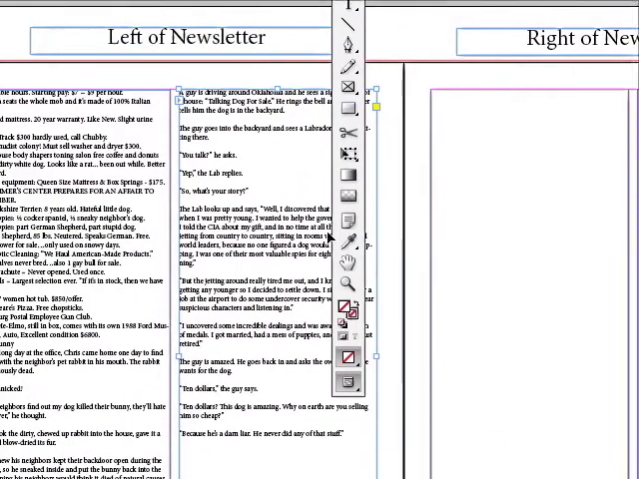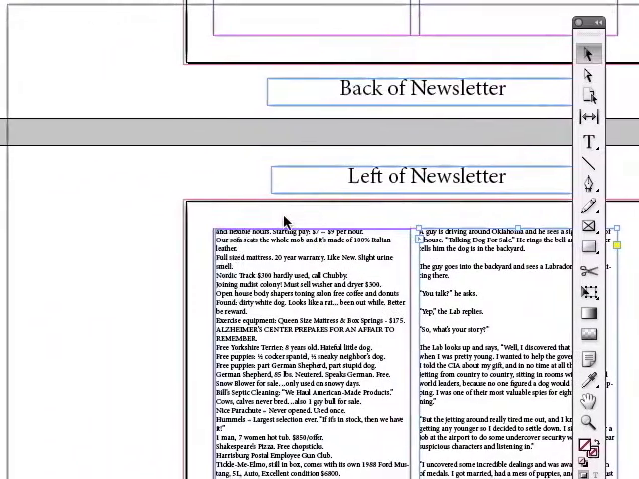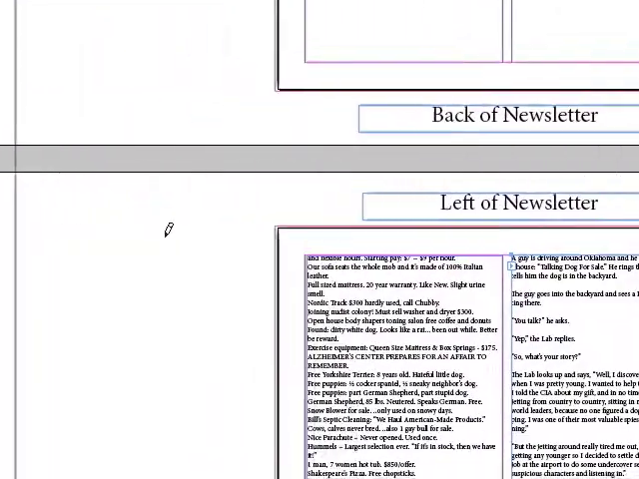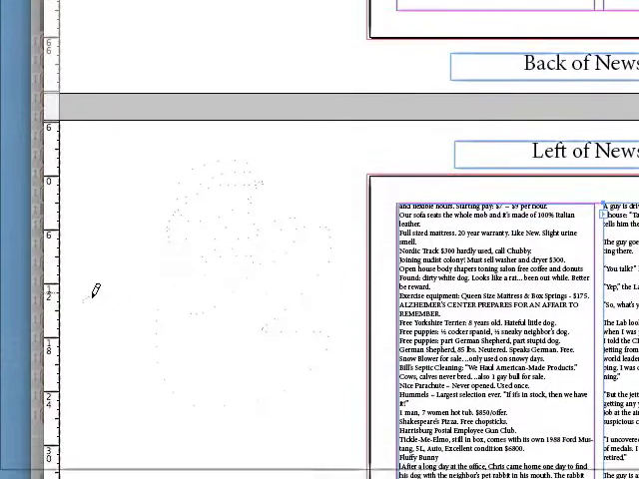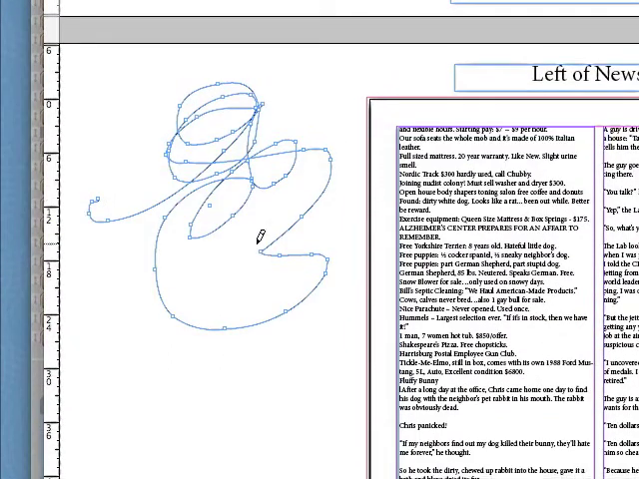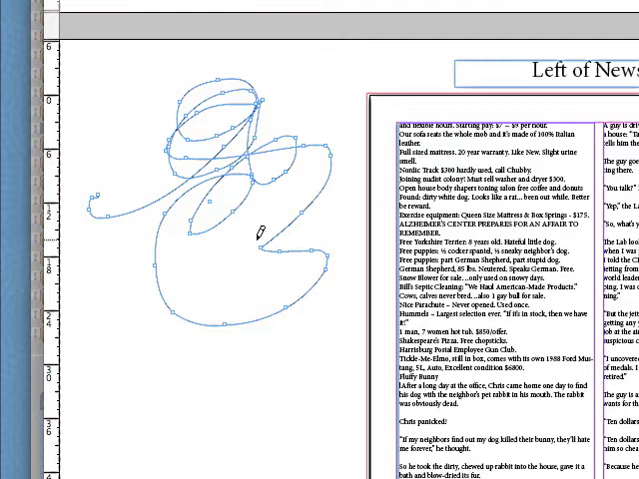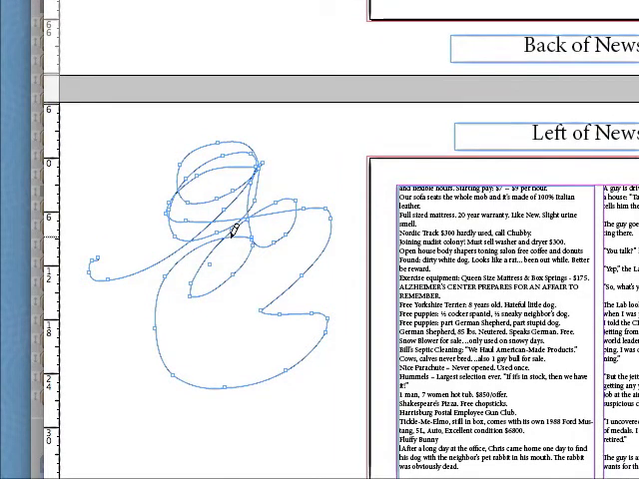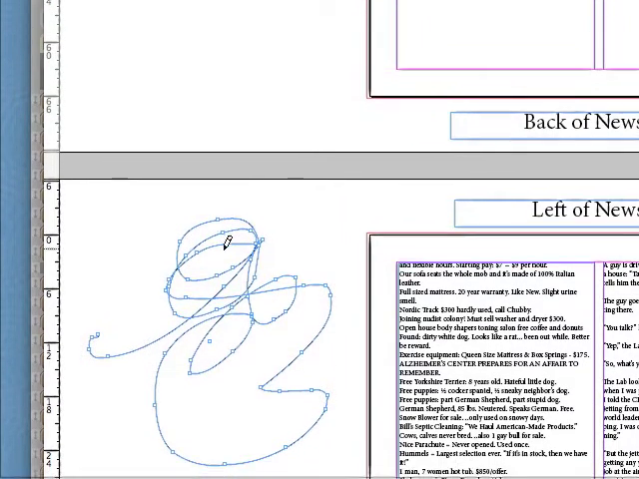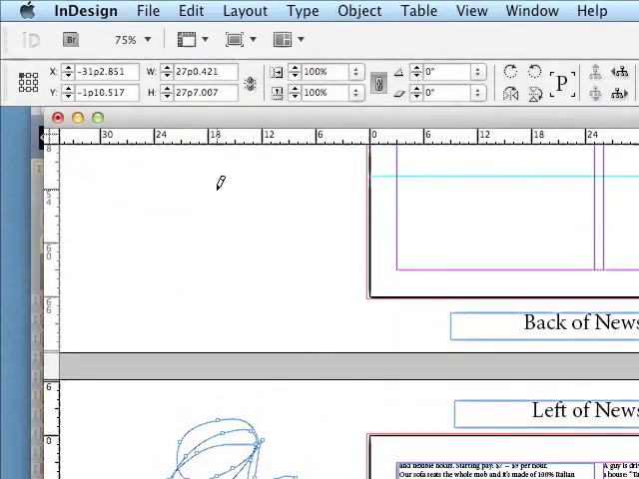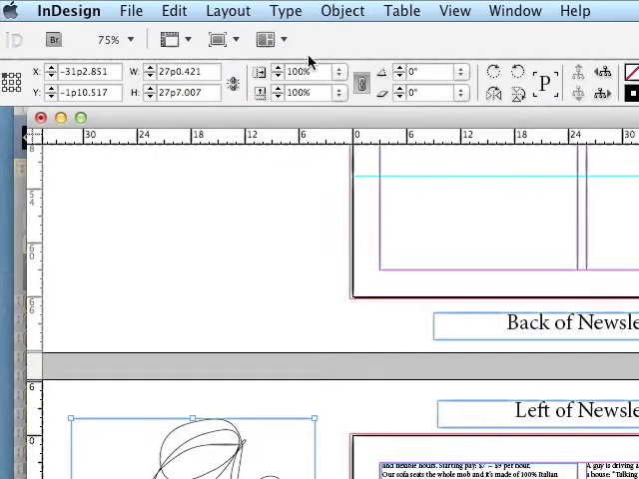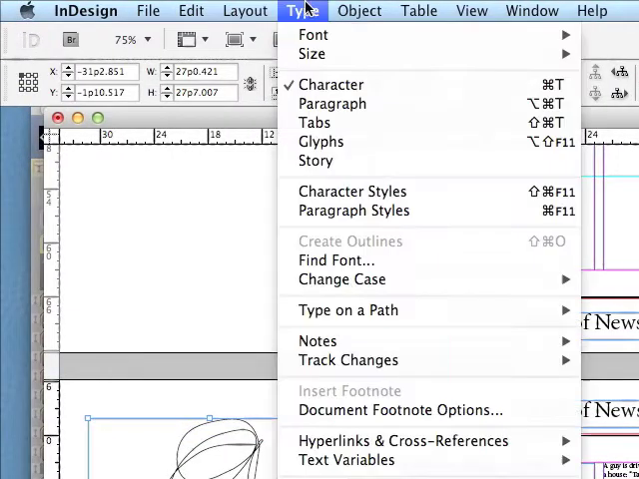Next, let's take an image, and we'll just draw a quick image here with a pencil. Not much of an image, but there it is. And let's say that you want this image to go in. It's your photograph or your illustration. So we want to select this image, which it is selected, but select it with a black arrow. And then we're going to go